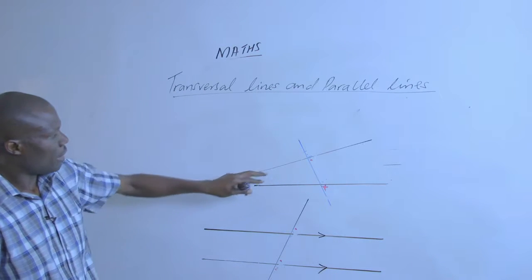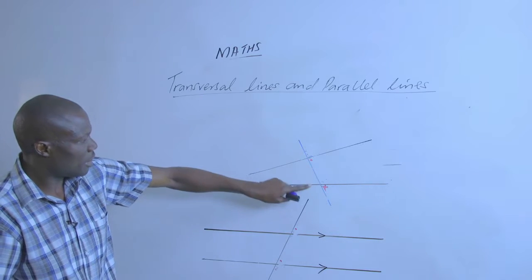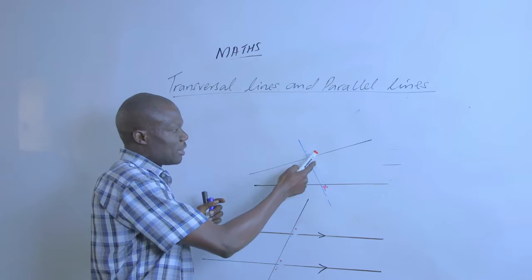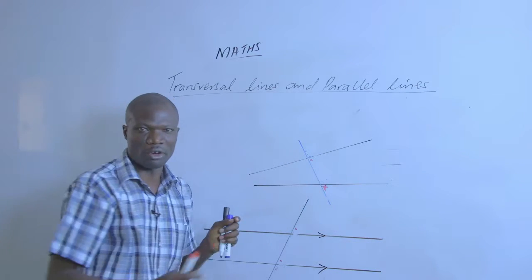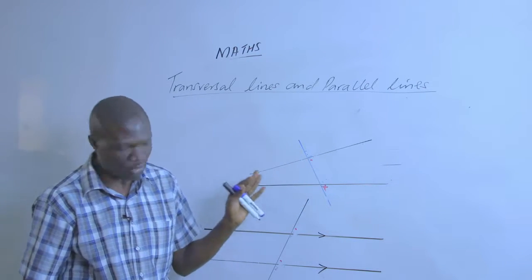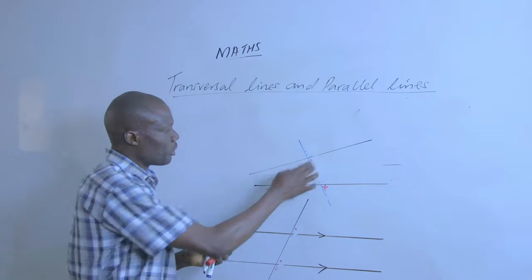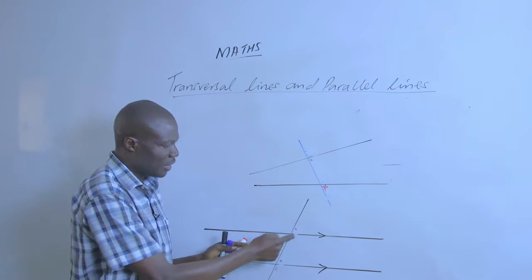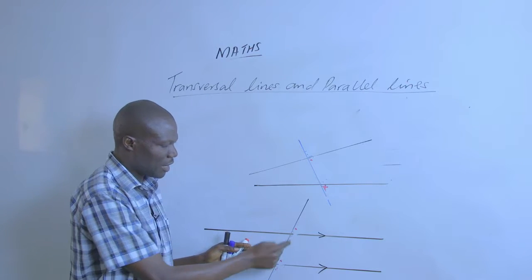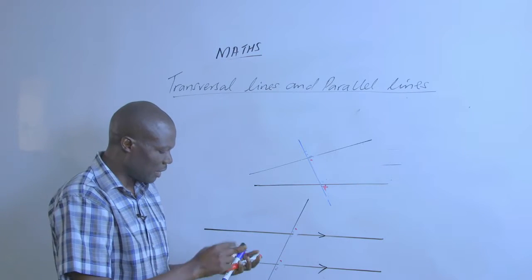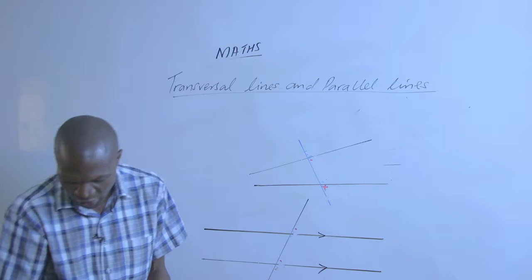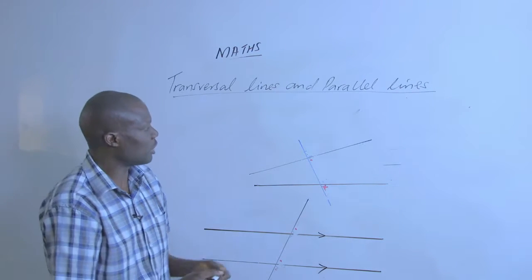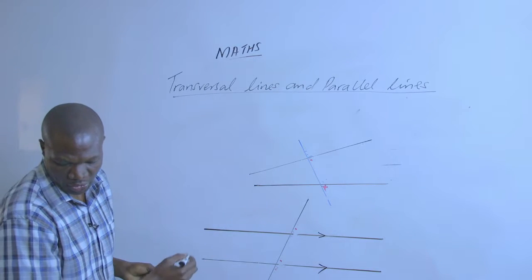Now, this is a dot and an X. It simply means these two angles that we have correspond, but they are not equal. For this particular case here, two angles here correspond and are equal. What are we trying to say here? We are trying to say this, that a transversal line cutting across